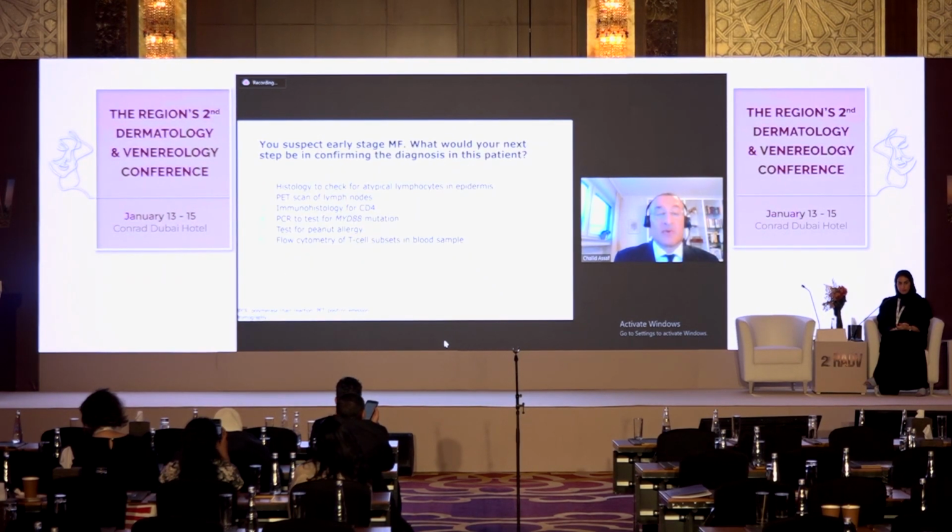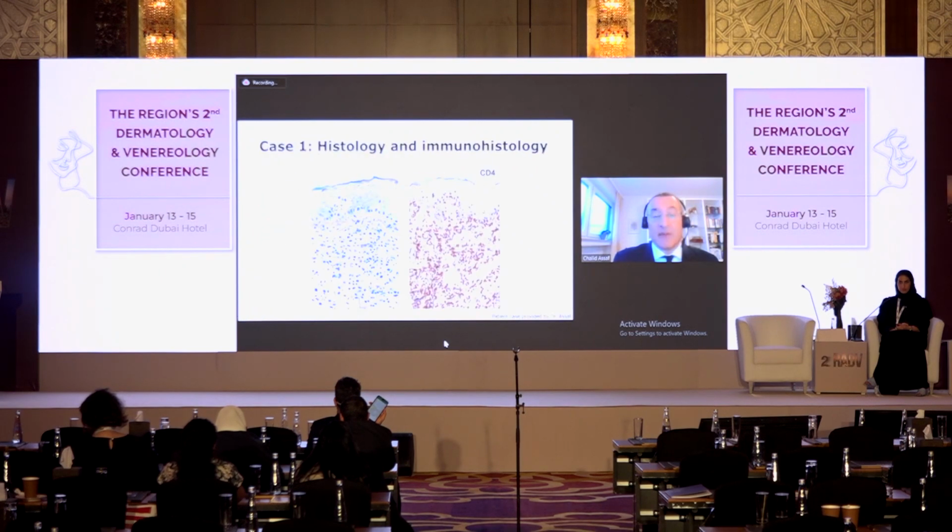So of course, you see here the questions, and I will go on. Thinking about cutaneous lymphoma as a differential diagnosis is most important, and then the next step is to take a biopsy. And in the biopsy, you look for the H&E histology or for the Giemsa, and in addition also for the